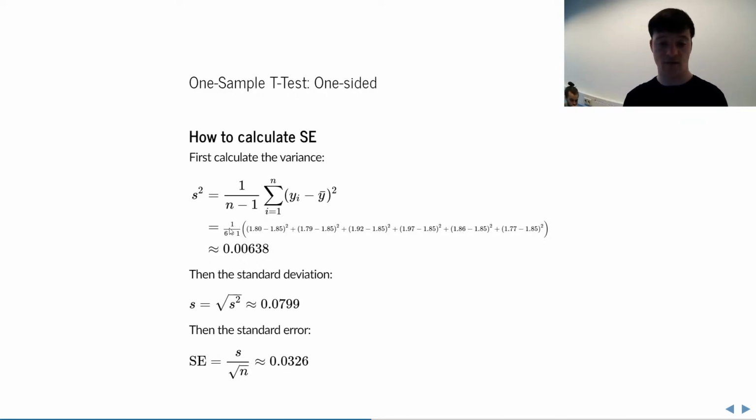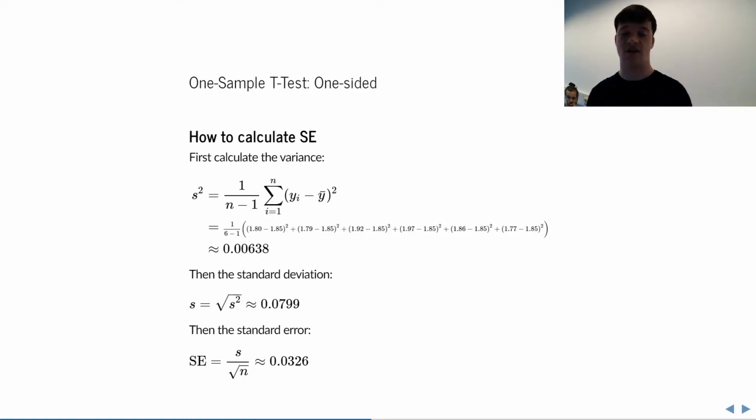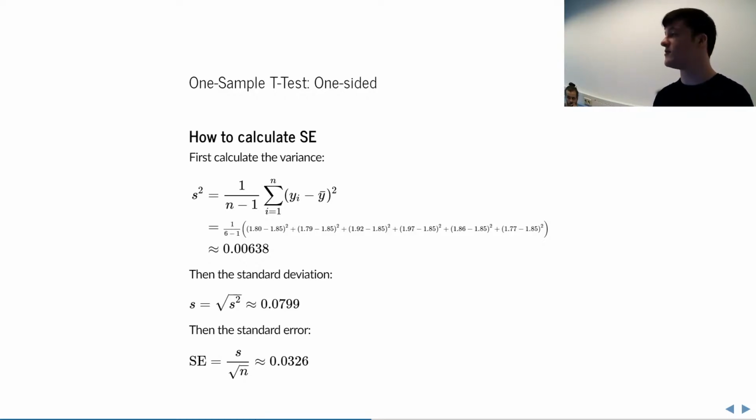And then we divide by 6 minus 1 because we had 6 people in the group, and we already used 1 degree of freedom to calculate the mean. And then you have your variance. Now the problem with variance is, if we are looking at the height, it's in meters, right? But when we square the differences, then you also square the units. So now you can say, okay, men are on average 1.8 meters, and they vary by